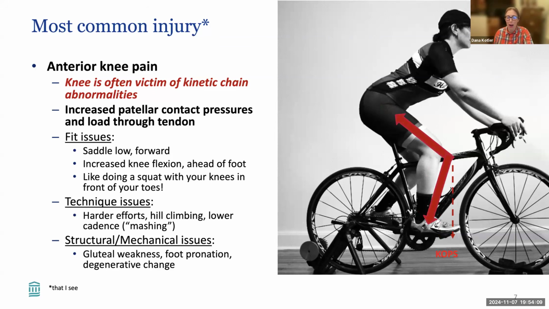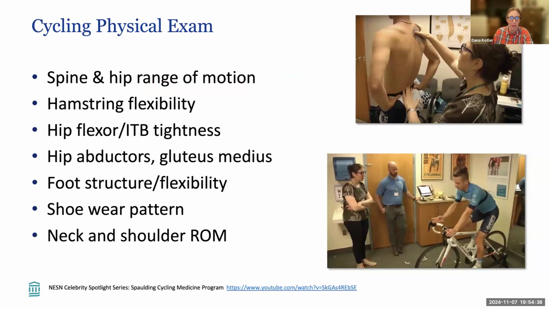The other thing is, what kind of riding are you doing? Are you putting in really hard, grindy efforts up a lot of hills, or what we call the low cadence mashing type of efforts? A lot of sprinting, all of those can factor into someone having pain in the front of the knee. Do you tend to ride with a really slow cadence? And then some of the other structural issues that have been known to be associated with patellofemoral pain or anterior knee pain: weakness around the hip area, pronation of the foot, or if you have some early arthritis in the knee, some degenerative change in the knee, that can certainly be associated with it.